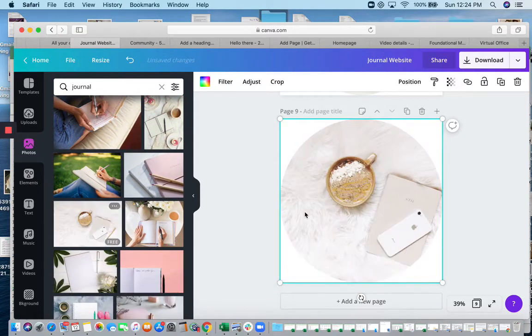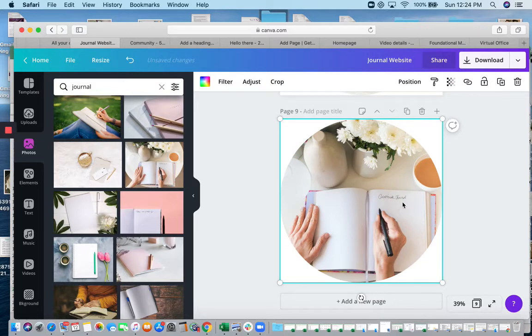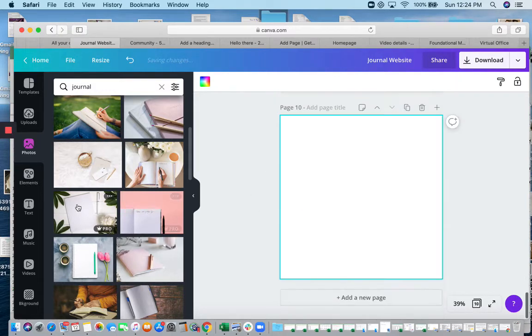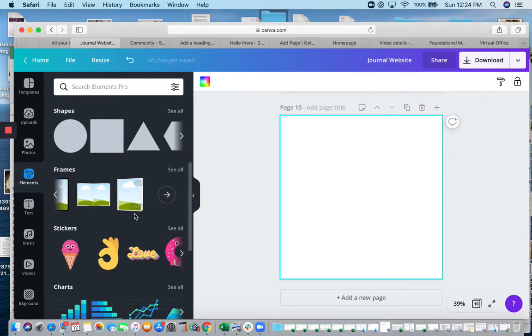You can literally just grab whatever. This is the one that I actually used because I really like it, and I like that it says gratitude journal. So that's how simple it is to create these. And you have different options, like you can use any of these frames, which is really cool. And you can even